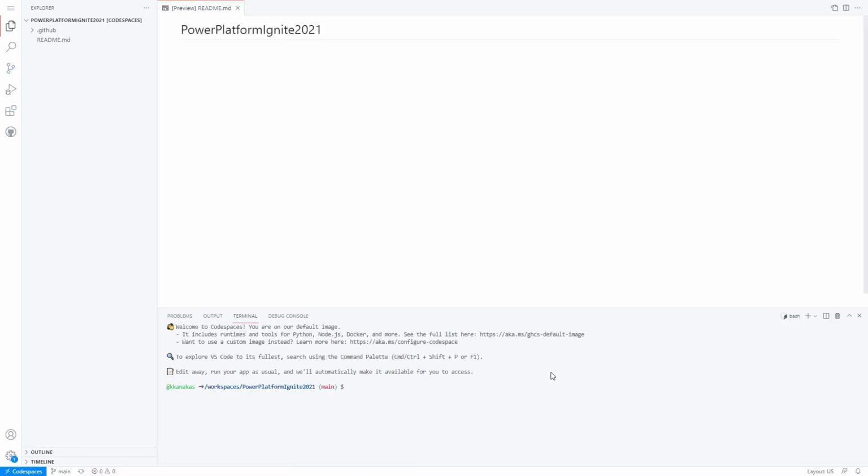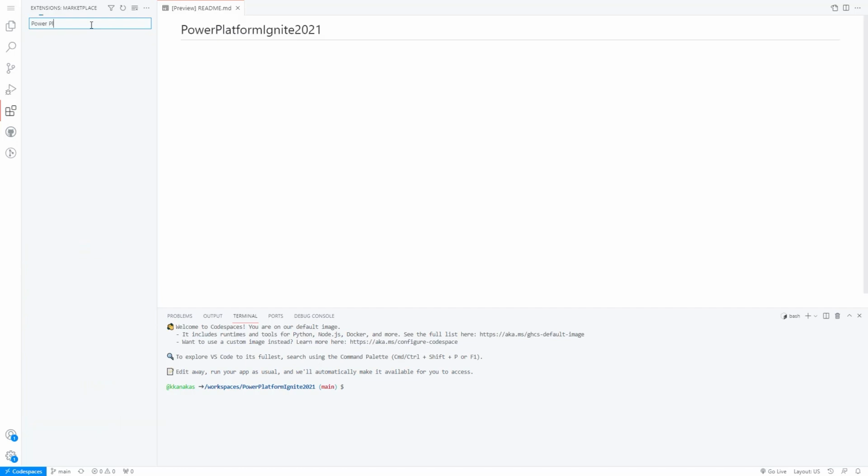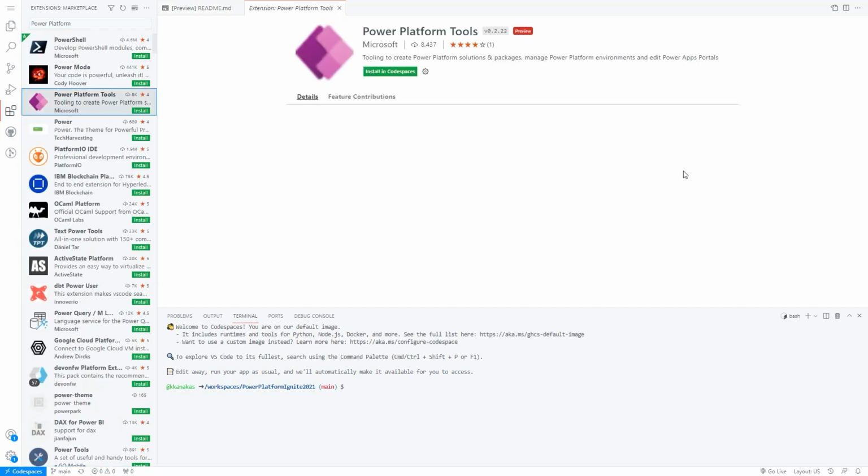The first thing I'm going to do is go into the extensions activity pane and search for Power Platform. When I do that, it will list out all the Power Platform extensions. As you can see, the third one is the Power Platform.